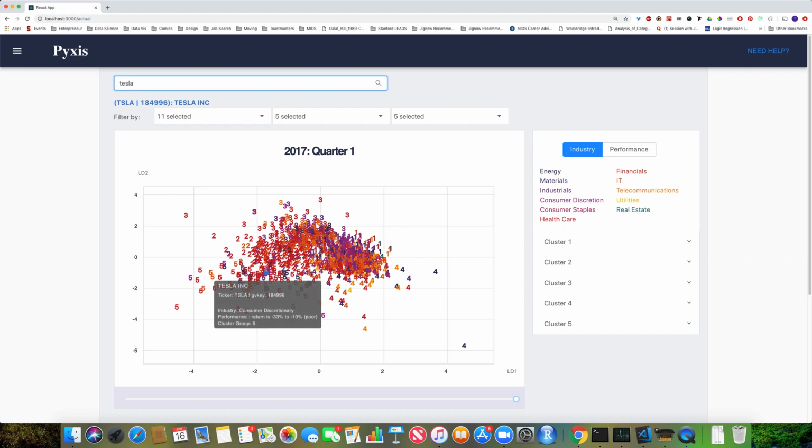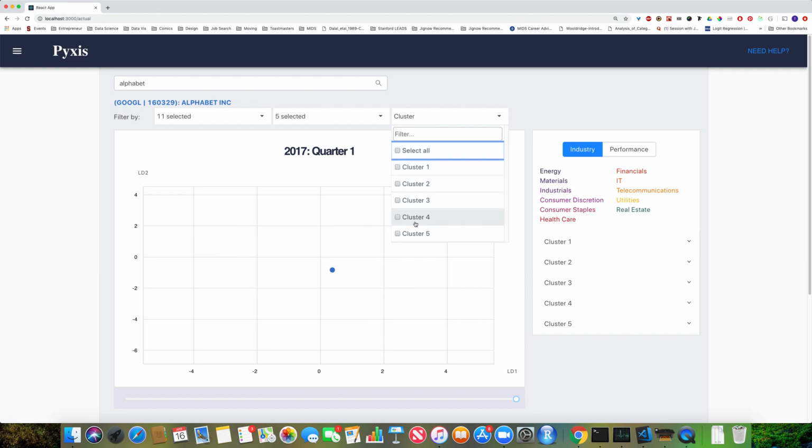If you hover on companies surrounding it, like Spark Therapeutics, Paratek Pharmaceuticals, and just going around it, you can see a lot of the companies surrounding Tesla are biotech companies. Now, if we try to look at Apple, Apple is in cluster 4, and Google is also in cluster 4. If we just focus on just those two clusters,